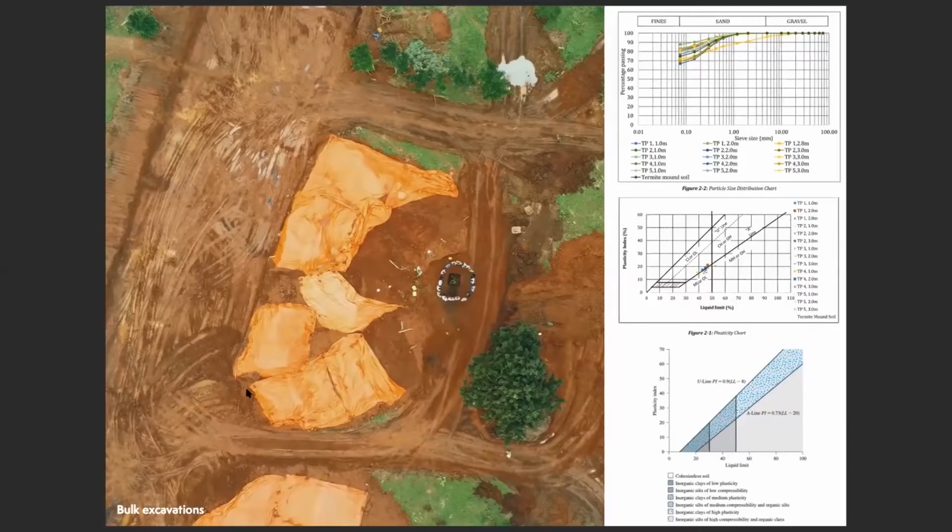And what is earth? What you should be able to see on the screen is that earth is composed of gravel, sand, silt, and clay in different or various proportions. Our earth here,